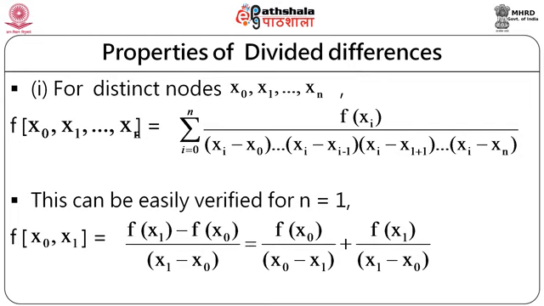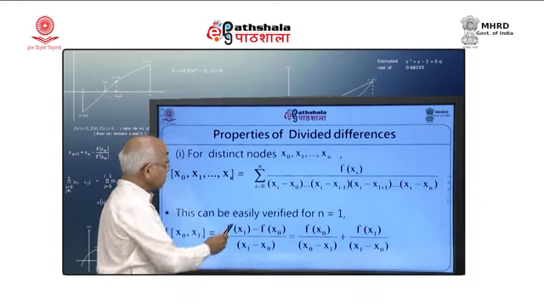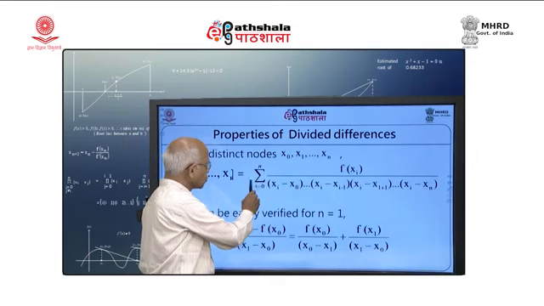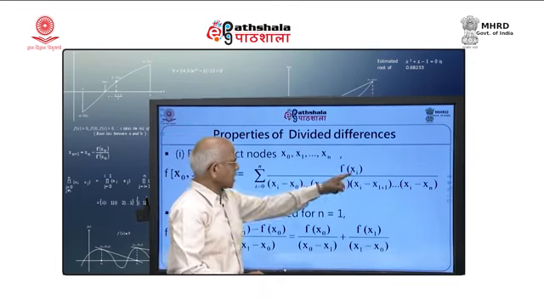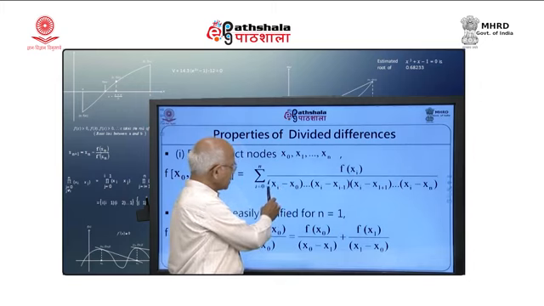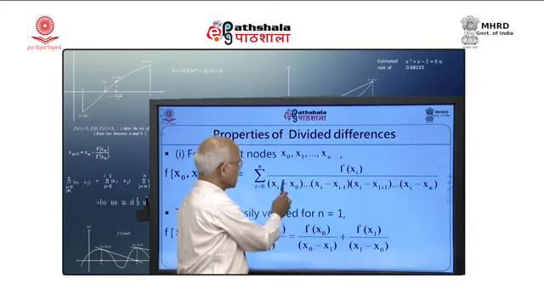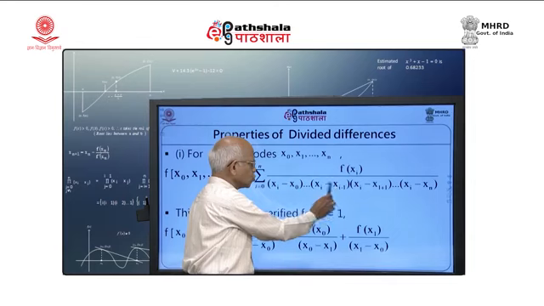So, the first property says that for distinct nodes x 0, x 1, x 2, x 3, ..., x n, the divided difference f of x 0, x 1, x 2, x 3, ..., x n can be proved to be equal to the summation i equal to 0 to n of f x i divided by this factor. So, what is that? x i minus x 0, x i minus x i minus 1,